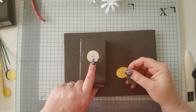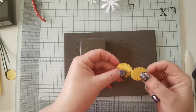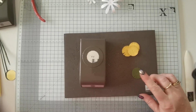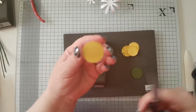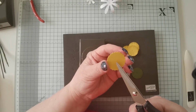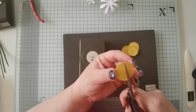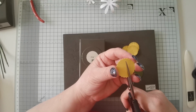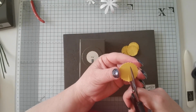Okay, so now we're going to move on to the 1 1/8 inch scalloped circle. So you punched 3 in the Daffodil Delight and 1 in the Mossy Meadow. Now I've pre-prepared these, but I will quickly just show you how I did those. So first of all, with the yellow ones, you can see where the scallops are. So you're going to cut towards the middle, but you don't want to go right into the center of the middle, and move along one of the curved edges like so. Okay, and then you're going to go back in and just cut down the middle of that. So can you see you've got 2 like pieces,